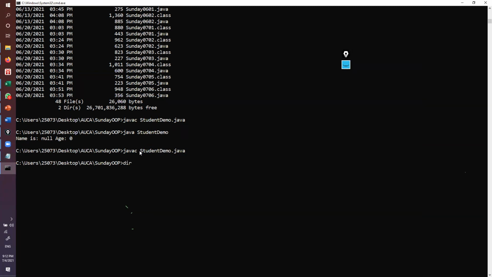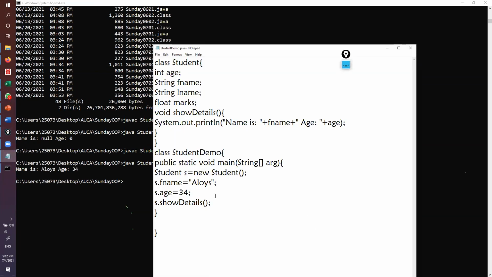Alright, so now let's check the output from our program. So now you can see the name is Alois and age is 34. So I think now you can understand what we mean. So now let's